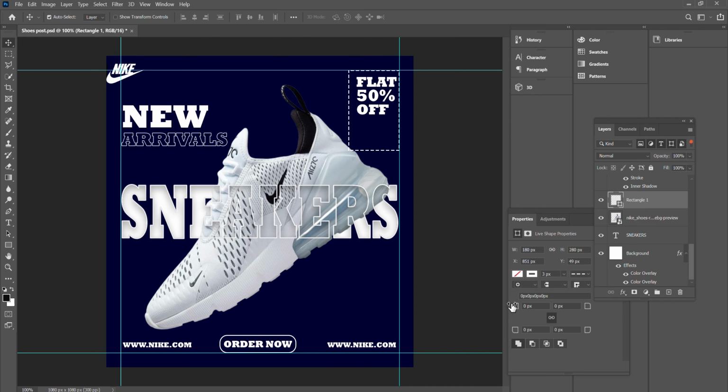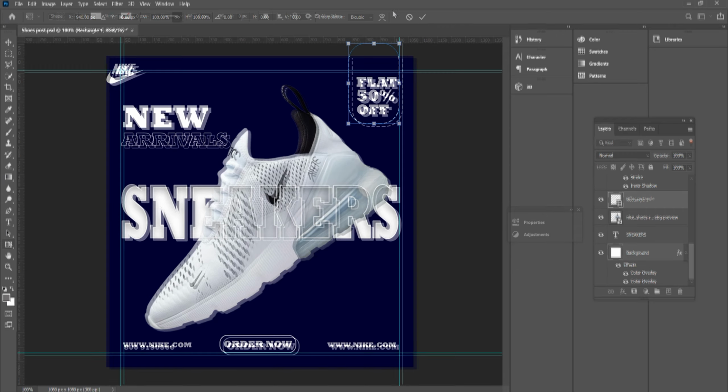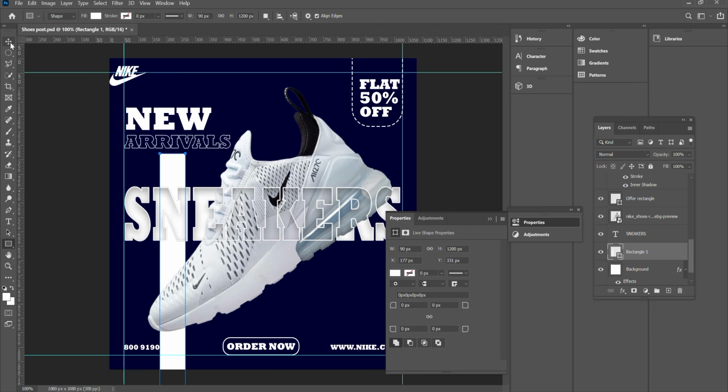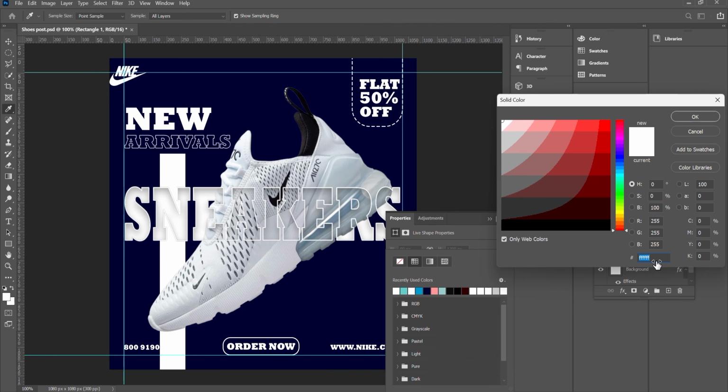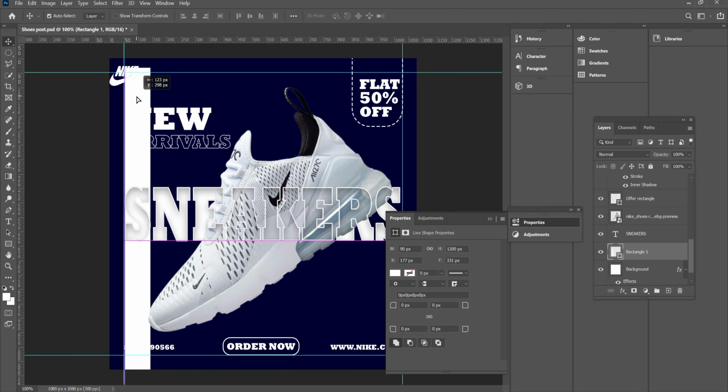Like this, and place it over here. Place it over like here, like this. And now again we will create a rectangle of 90 by 1200 pixels and choose the color to something bluish or whitish, and place it over here like this,